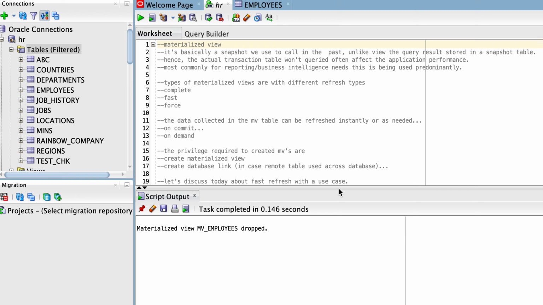Hi friends, today we are going to discuss materialized view in Oracle. It is basically a snapshot, which we used to call in the past. Unlike a normal view, the query result is completely stored in a snapshot table. That way it is really helpful, not affecting the actual transaction table, and it will not affect the application performance. That is the ultimate goal. And most commonly this materialized view is used for reporting needs or business intelligence needs